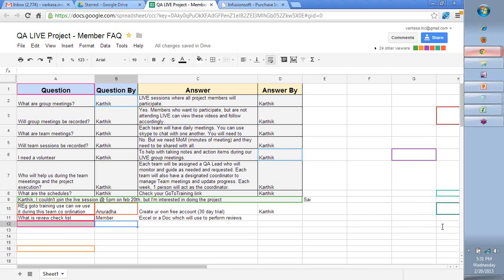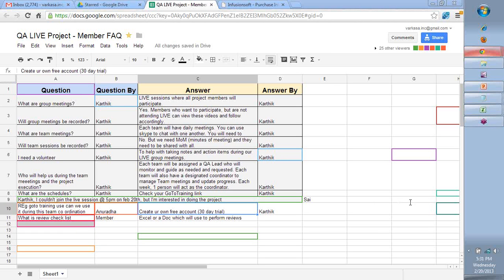How do we access this FAQ sheet? I've already pasted that link in the chat. You can use that. Not able to type it? See, these are the questions I don't want you to ask, please. What do you mean by not able to type in Excel? This is not an Excel. This is a Google Docs spreadsheet, number one. So you should ask me very specific questions, please. Will you provide the task and how to do that? Yes, we'll be talking about that in the next few minutes. All right, so let's see.